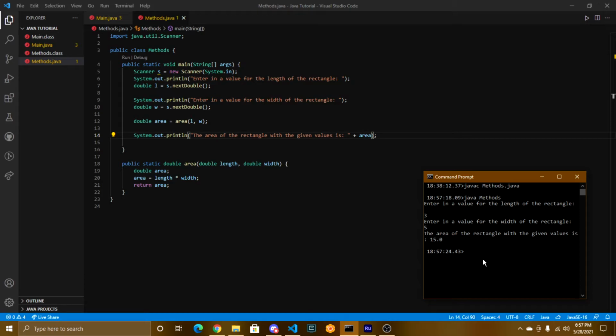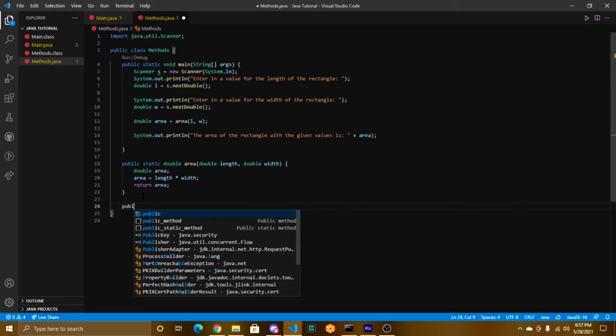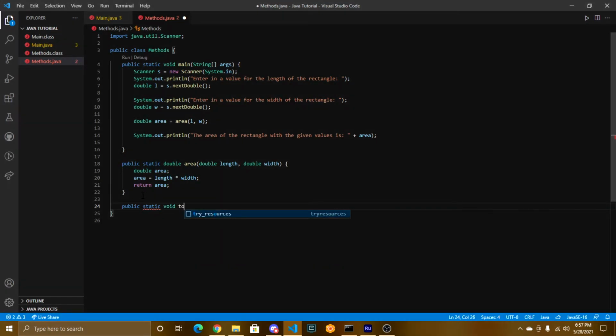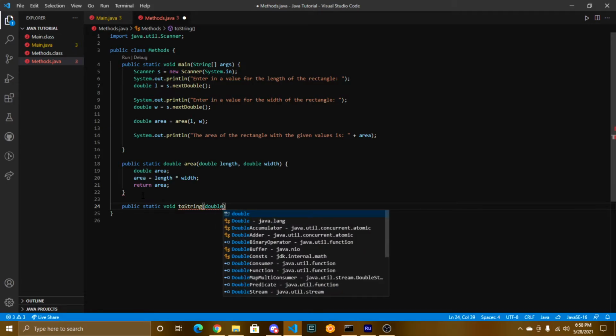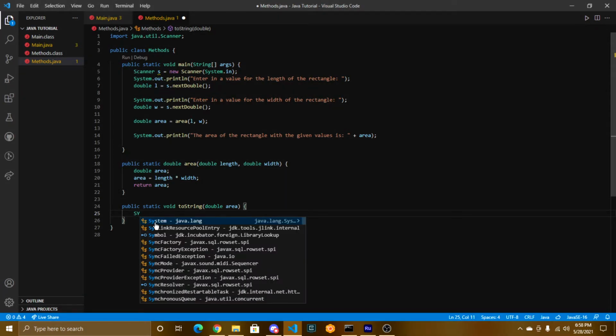So I want to show you another way of printing out the area using a different type of method without a return value, a void method, if you remember from the vocab session. So this is a very simple way to do it. So we're going to do public static void. I'm going to call this toString because we're taking a value and we're putting it into essentially a string. And we're just going to pass to it double area. So we're just going to print this out,